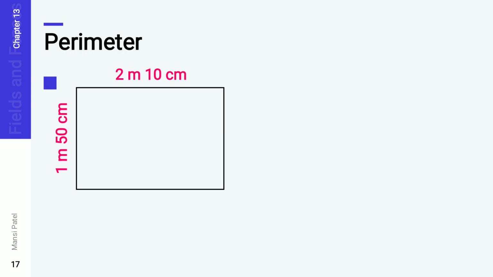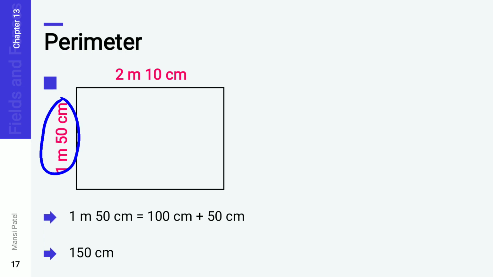Whenever you have to convert, it is compulsory to convert the big unit into the small unit. So 1 meter is equal to 100 centimeter. 100 centimeter plus 50 centimeter, how much is it? 150 centimeter. So instead of 1 meter and 50 centimeter, you can write 150